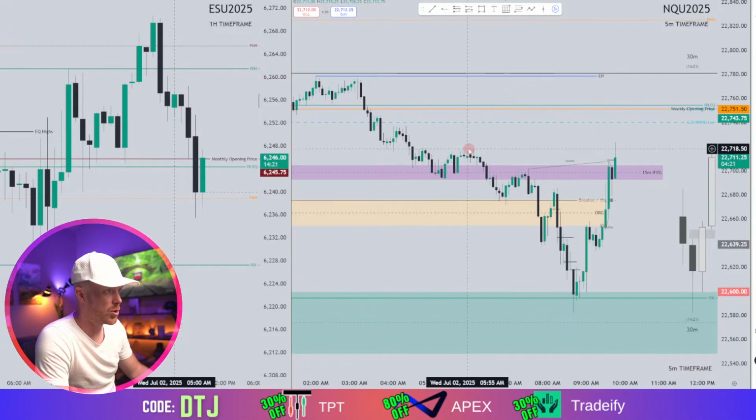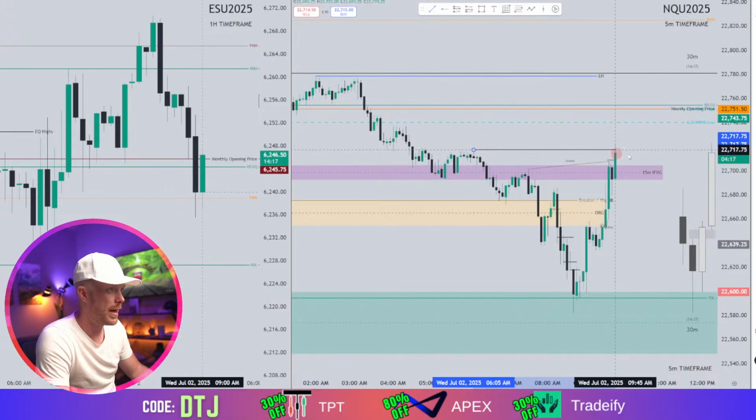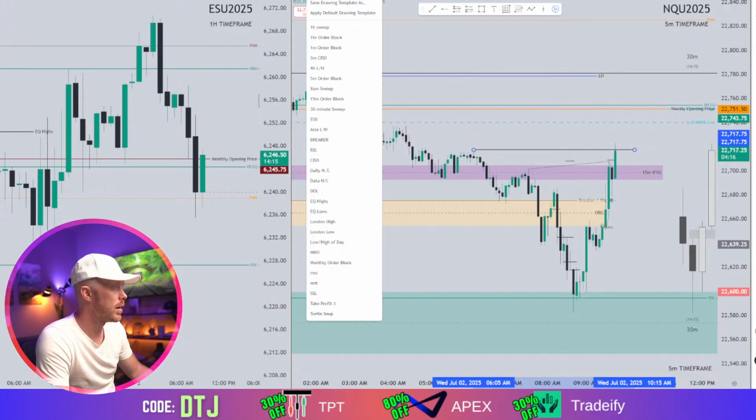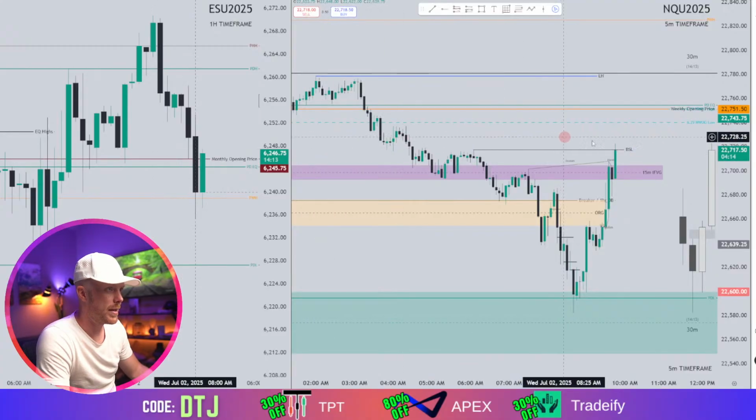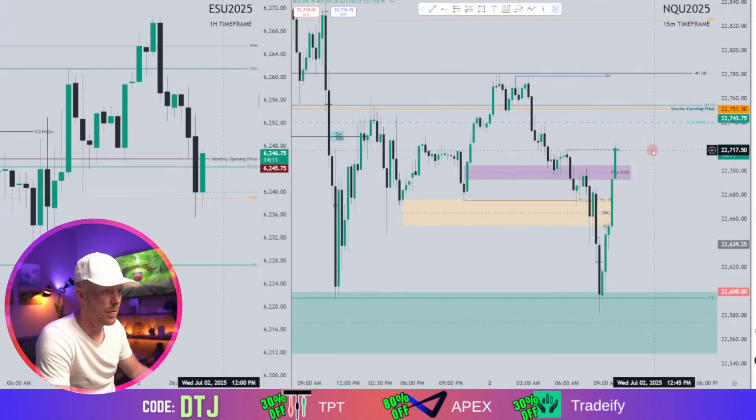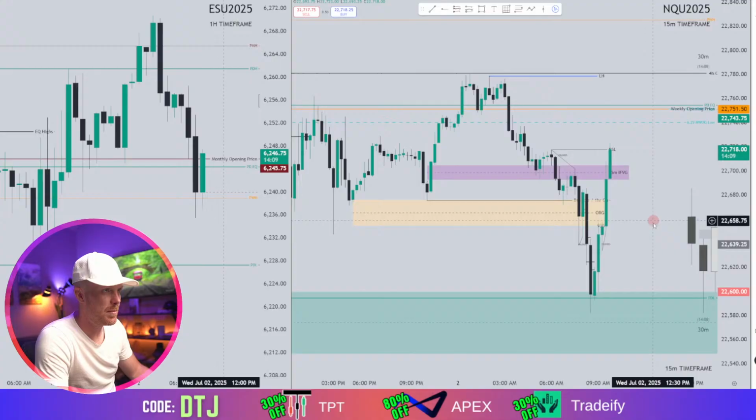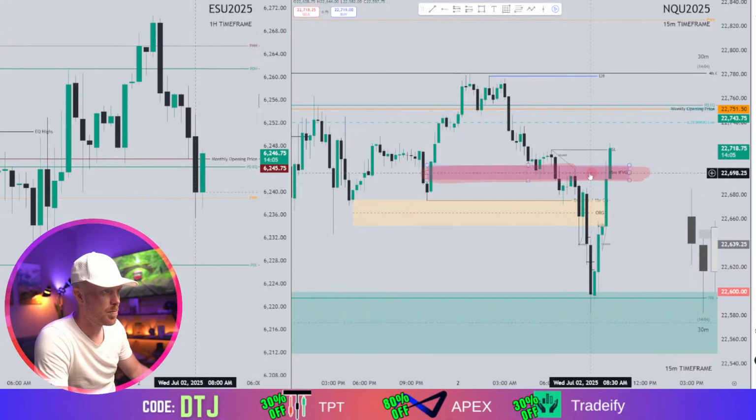I like that we just swept here. Okay, we just swept buy side right here. Buy side liquidity has been ran. Let's look at the 15-minute again. So the 15-minute closed inside of this, and now we have a whole 15-minute candle that it aggressively ran this way. So the question is this